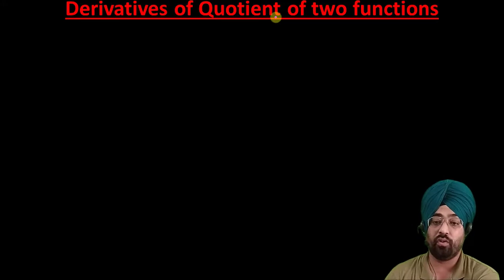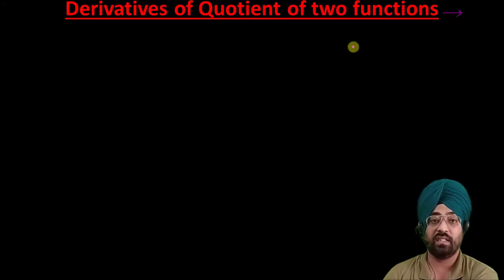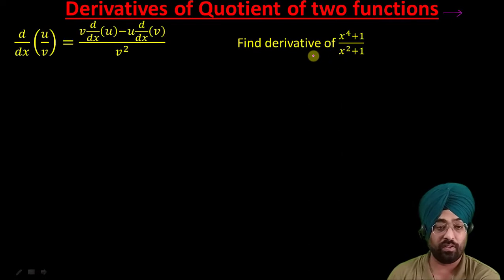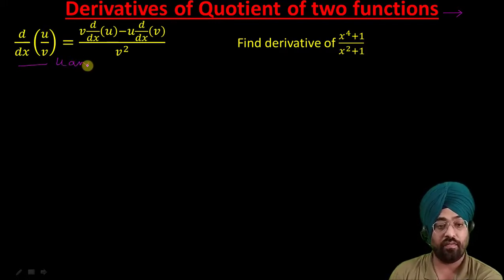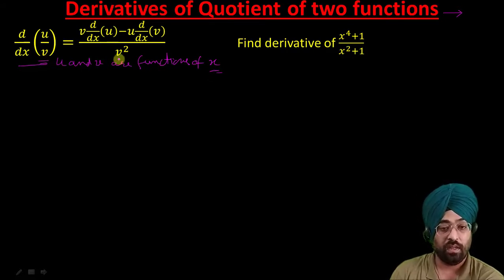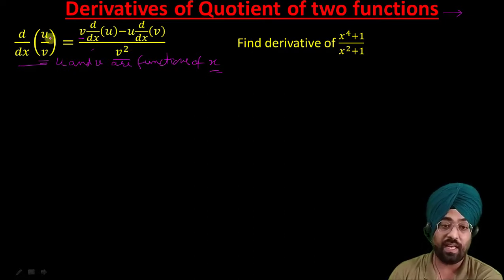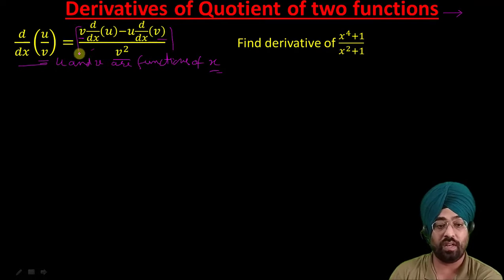It is the derivative of the quotient of two functions. When two functions are divided, how do we apply this formula? Now this is the formula, dy by dx of u divided by v, where u and v are functions of x. Then this formula says that we first take the square of the denominator, v square, in the denominator. In the numerator, v as it is, times the derivative of u, du by dx. Now it gets a negative sign, minus u as it is, times the derivative of v.